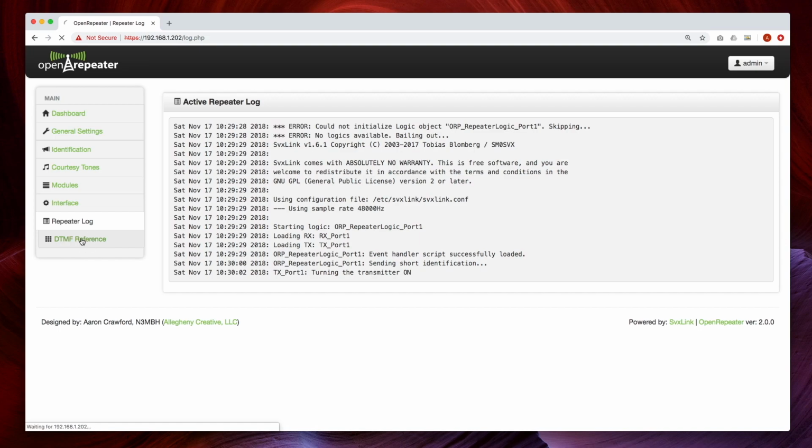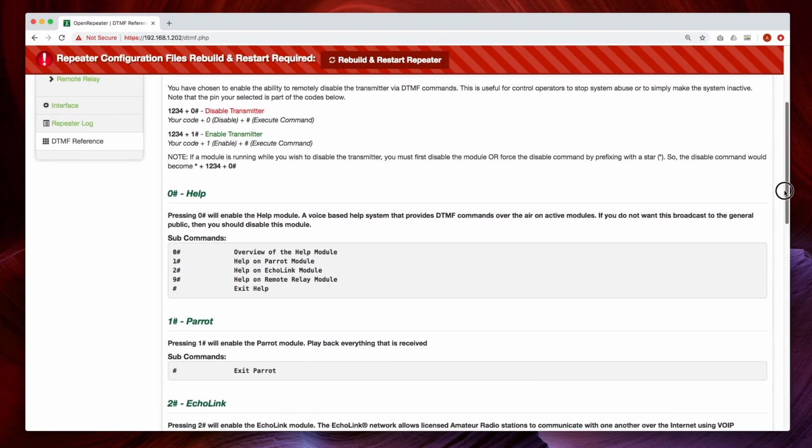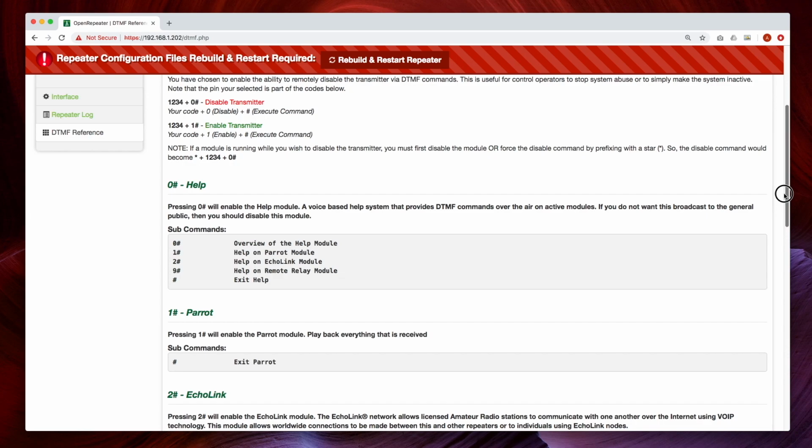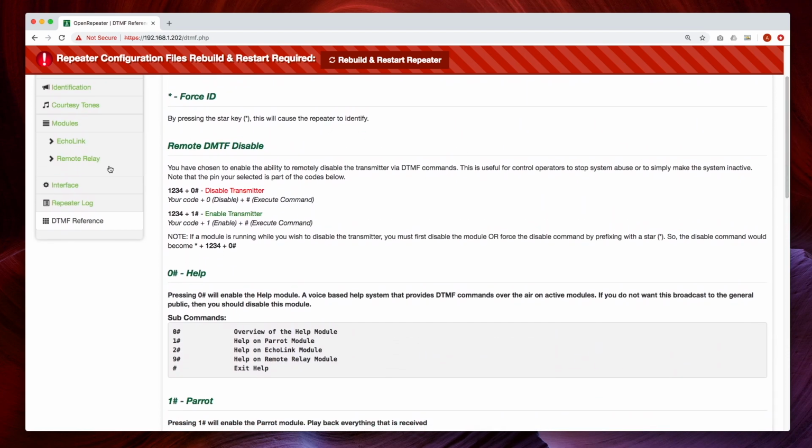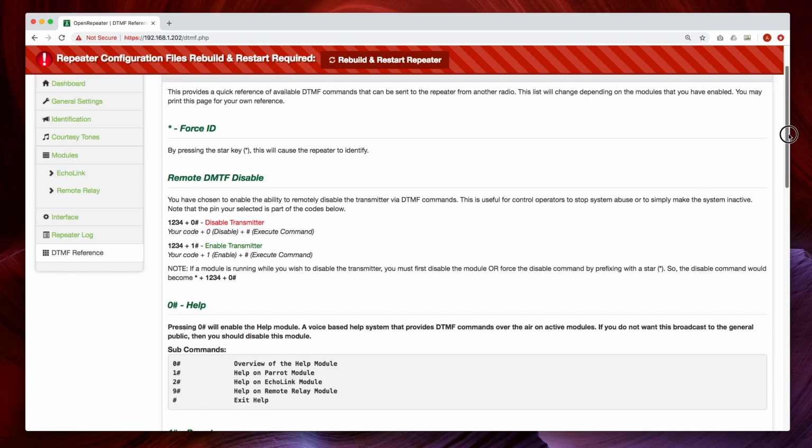And then the last page is your DTMF reference. So it'll give you the codes you press to activate stuff. So if you're using remote DTMF disable, that was on the general settings page right here, then this is the code that you have entered, and then it'll be +0 to disable the transmitter and +1 to re-enable the transmitter. So once you disable the transmitter, the receiver is still going to be listening, so you can still type in